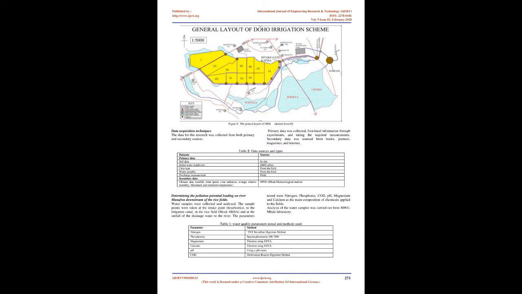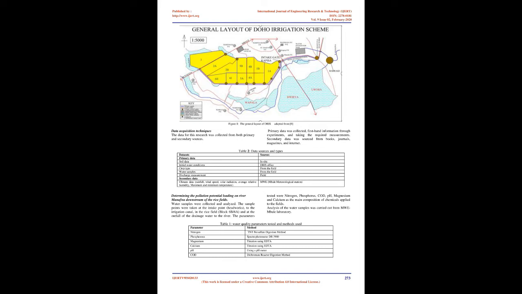Hence it is crucial to determine the water footprint that will guide the formulation of strategies to optimize production in irrigated agriculture. Materials and methods. DRIS is located in Mazaru village, Mazamesa subcounty, Butaleja district in eastern Uganda, about 40 kilometers southwest of Mbale, which is the nearest big town.